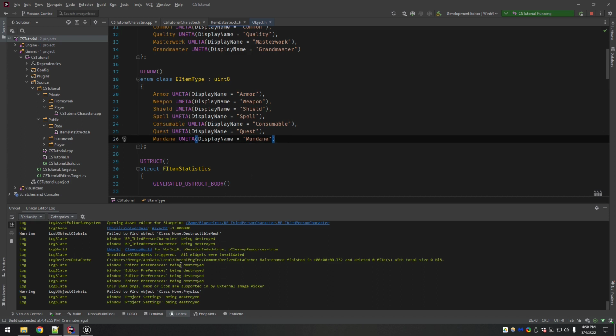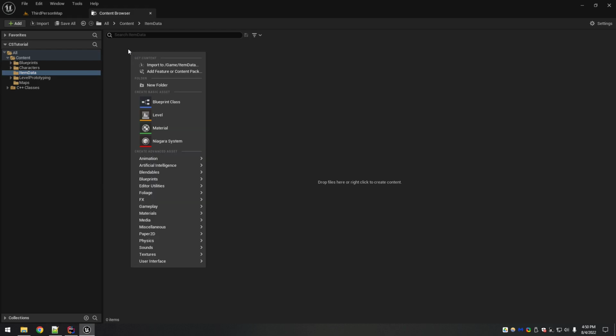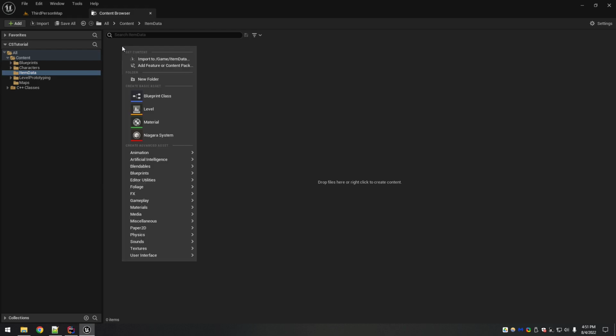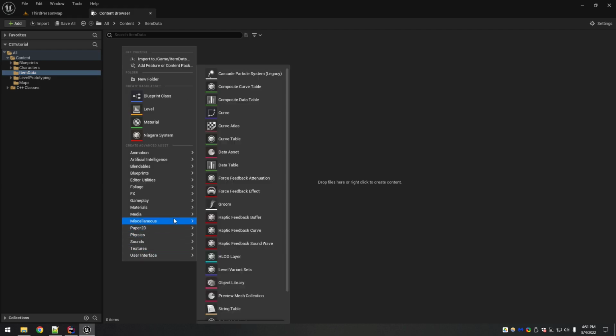At least this is how my mind is working with it. It's easier to separate these into their categories because that's what this enum is essentially going to control. So I decided to make a different data table for each type. And you can obviously have as many of these data tables as you want. You can divide it up however you want. This just seemed the most logical way to me.